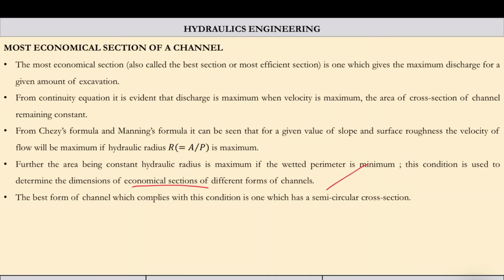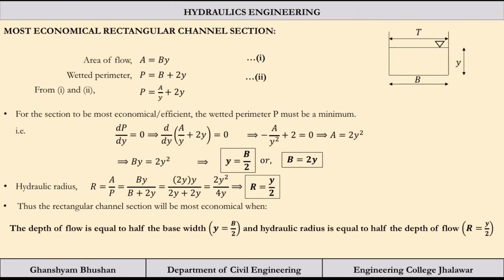It can be a triangular section, trapezoidal section, rectangular section, or circular section. But circular section is not there in your course, so we will be discussing only triangular, rectangular, and trapezoidal sections. The best form of channel which complies with this condition is one which has a semicircular cross section. We are going to see how it comes. Now first is the most economical rectangular